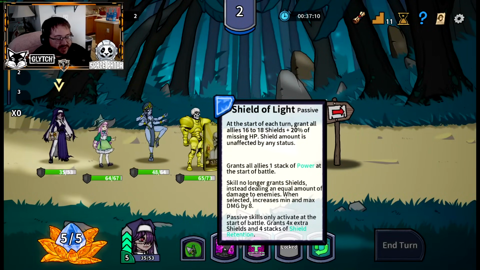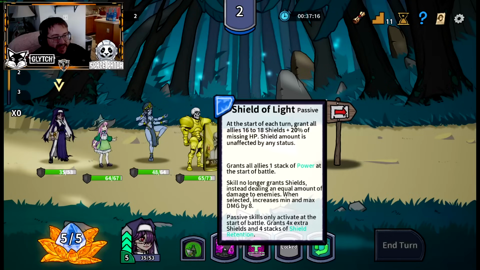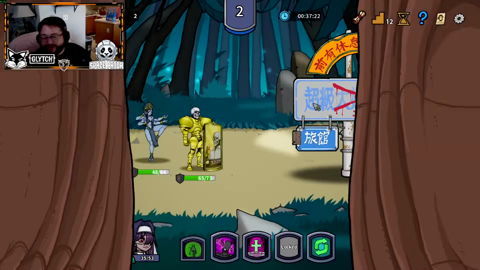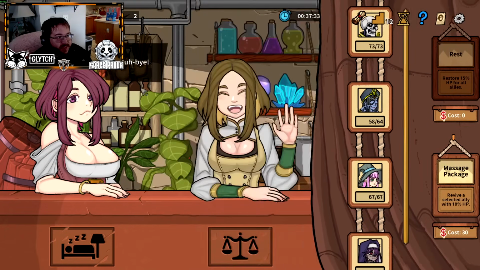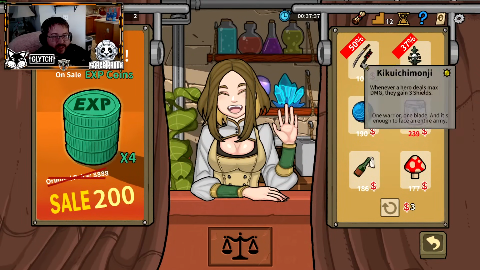4 times the shield stacks and shield retention, which is going to be done in damage to the enemy instead. I'm curious to see how that's going to work. Alright. We got to heal up. Alright, that got us pretty much healed up. Let's see what we can spend money on. If we can't spend any money on anything else, we'll go ahead and...